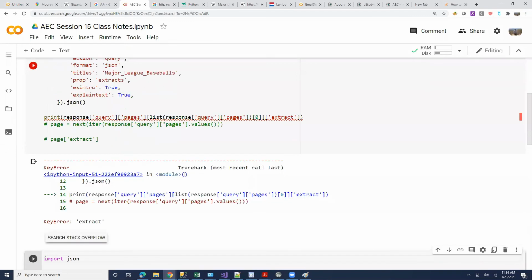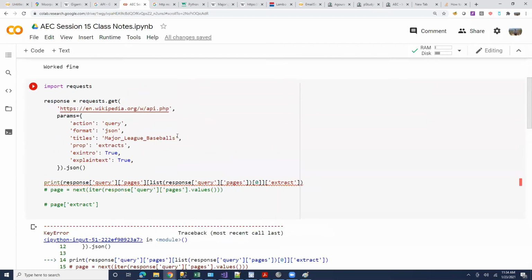So you got an error, right? This method of accessing Wikipedia assumes you somehow magically know exactly what the title is for every page you want to go to, and that's practically not possible, right? So let's try MLB.